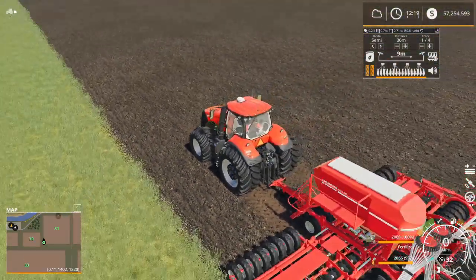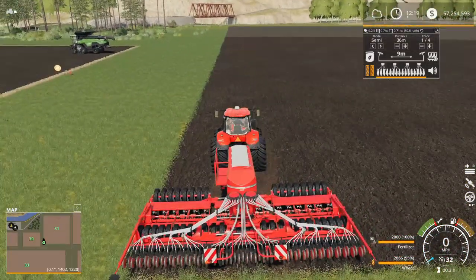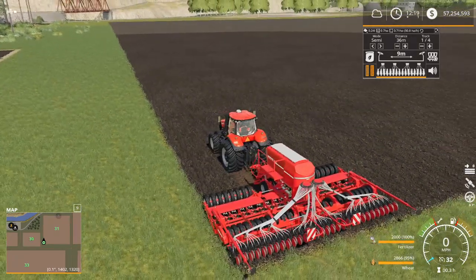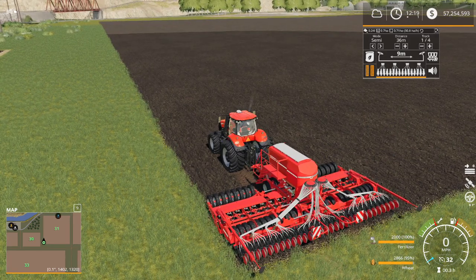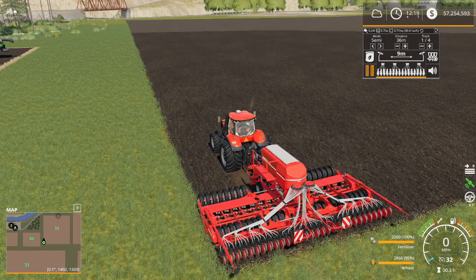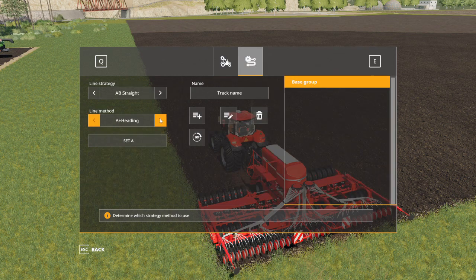So starting with half a lane, Wopster says that if we have an even number of lanes in our field, we need to start with half a lane seeded. And in order to find out how many lanes we have, we are going to activate our GPS. We are going to set up our GPS. Now my auto width is 29.52 feet, and I'm just going to set an A+ heading, set to cardinal,